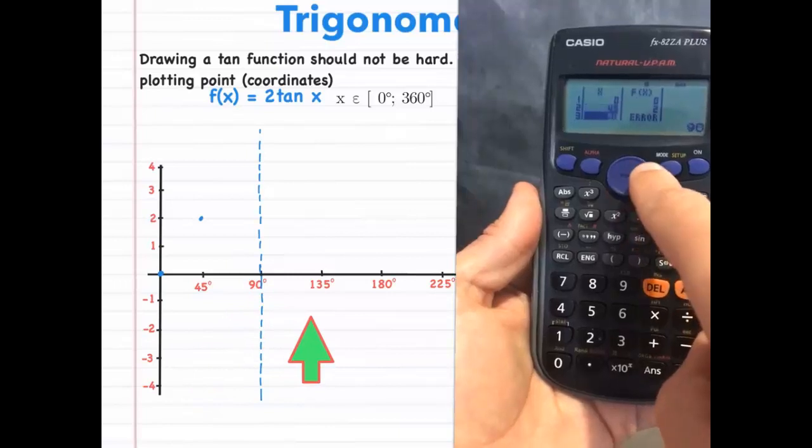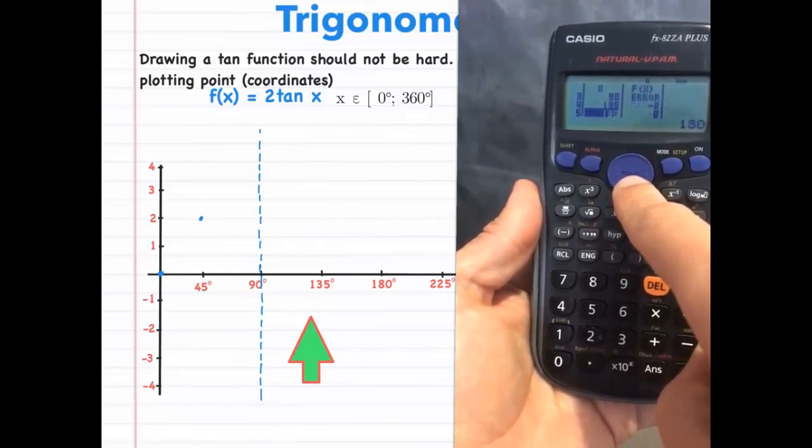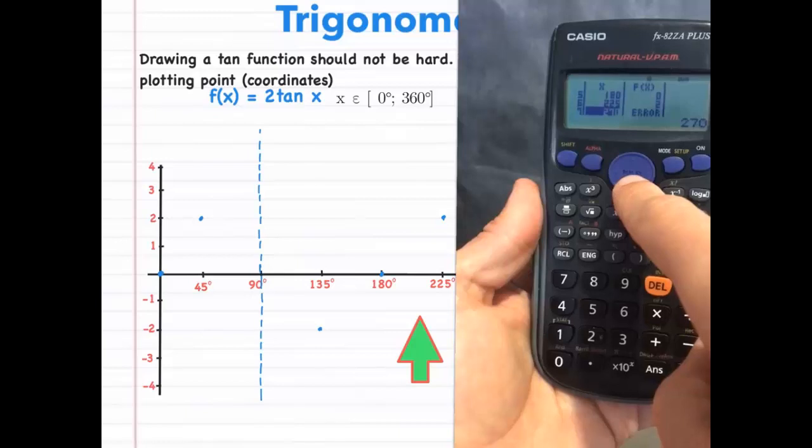Now let's scroll down some more. Now we go down, down, and down some more, and one more. There we go, and I'll pause right there because now we have 135 and minus 2. There's 135 minus 2 is down here. So let me plot that point. There it is. Okay, then 180 and 0, which is on the x-axis. There we go, and then 225 and 2, which is up here right there, and I'll plot that point as well. Okay, great. Now let's scroll down some more to go and find 270, 315 and 360, and I'll pause